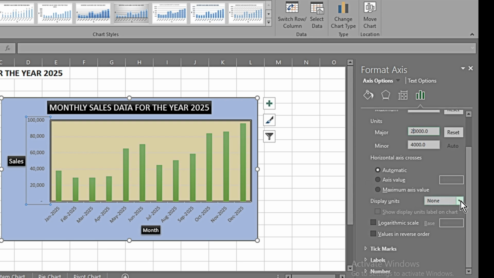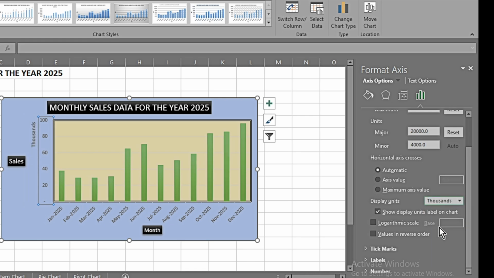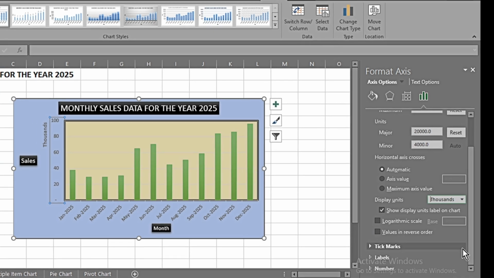We click on this drop-down and select thousands, and it has reduced the figures to thousands, and it mentions over here that the figures are in thousands. So you can clean your data in this way also, because if the figures are very large, it becomes really cluttered and difficult to understand. And now we have other options of tick marks, labels and numbers which you can explore further.